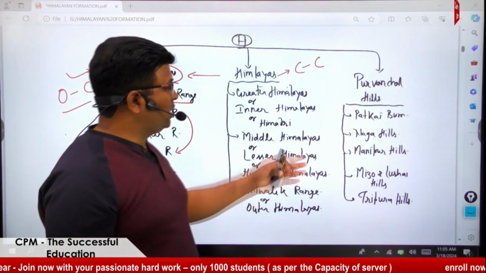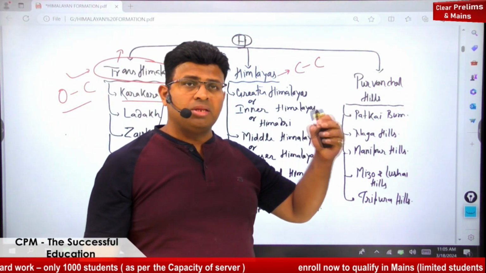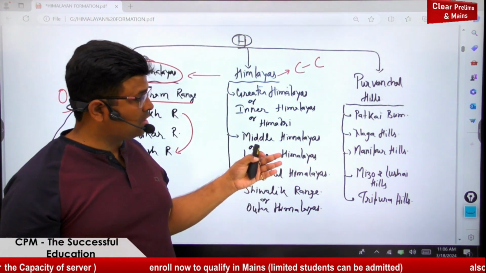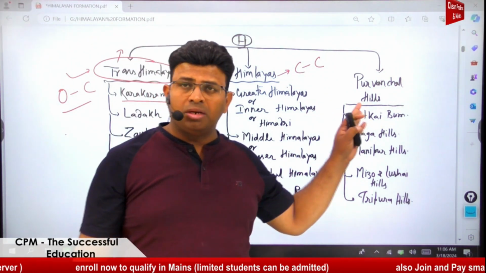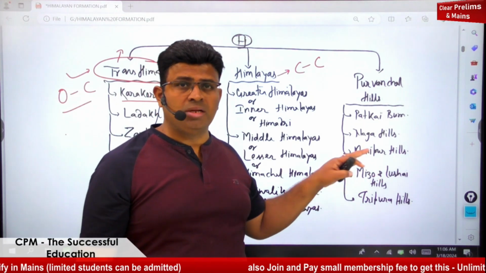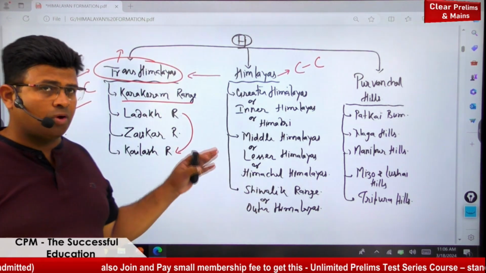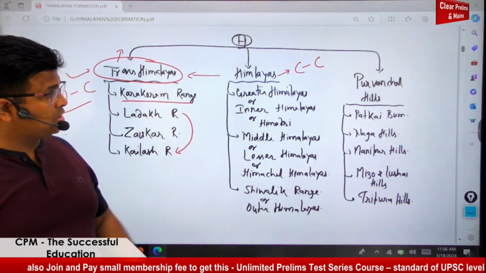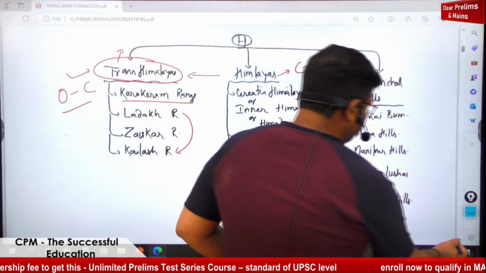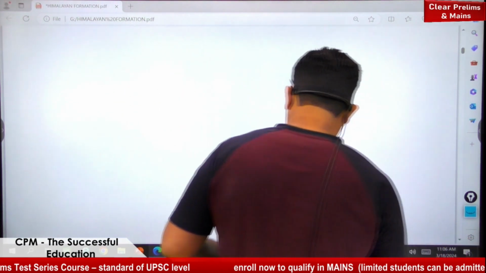Understood? The Purvanchal Hills are in the northeast, in Arunachal Pradesh, Nagaland, Mizoram, Manipur, and Tripura. In these states, the mountains were formed during the formation of the Himalayas. These are the Patkai Hills, Naga Hills, Manipur Hills, Mizo and Lushai Hills, and Tripura Hills. These are the different hills which were formed in the northeast during the formation of the Himalayas. So today, before getting into the understanding, let us understand